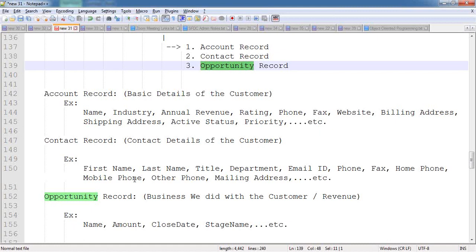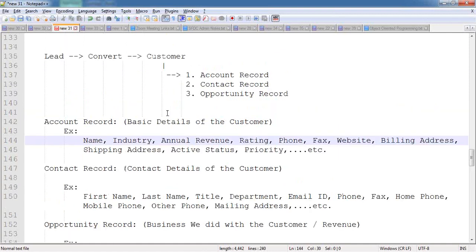So once the lead's information has been captured, the marketing people pass the lead's information to the sales team. The sales team is going to contact the lead over the phone, by sending an email notification, or by meeting the people directly by taking an appointment, and they will convince the people to buy the product. So once the lead people are ready to buy the product, then we are going to convert that lead